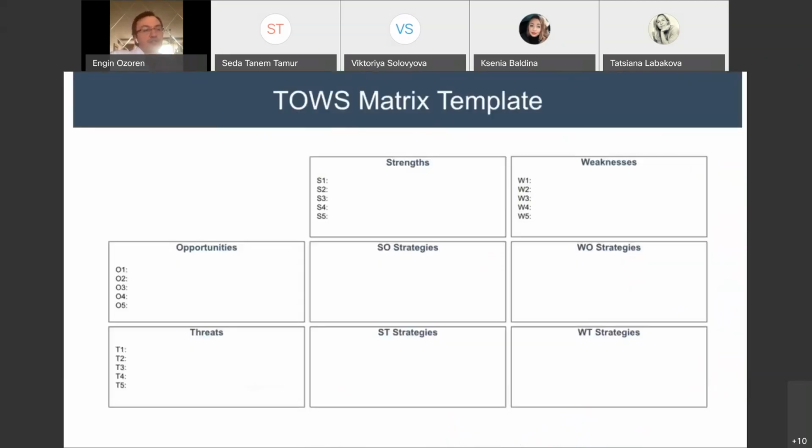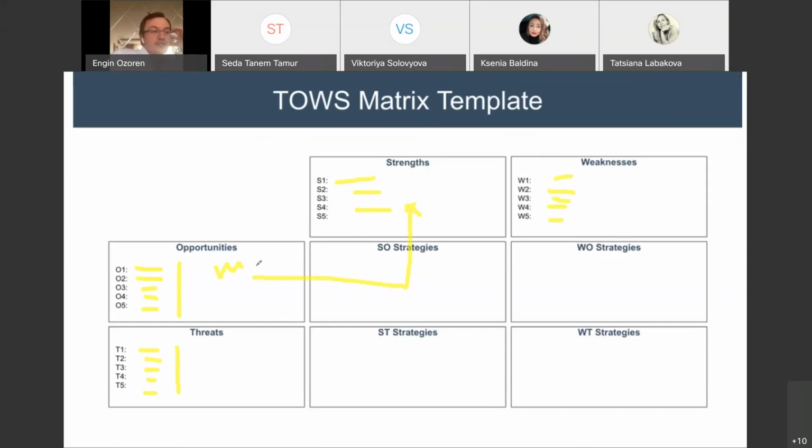Here is one methodology for the TOWS matrix template. You may fill it in with your individual views. Please write your opportunities here, 5 of them. Please write your 5 threats here. You already made these in your SWOT analysis. Please write your strengths and weaknesses on top, 5 of them. Please fill it in first, then check your